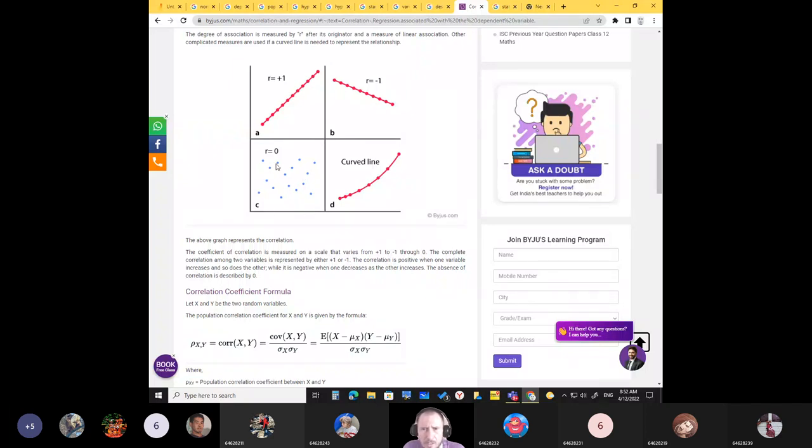So dots are positioned without any order. This is A, strong positive relationship, right? It goes like a straight line. B is strong negative relationship. And D, you see it's curved. It goes, but it's slow,